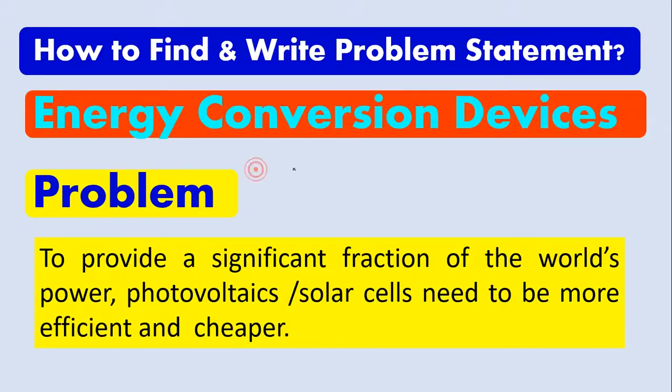Let's talk about how to find and write a problem statement. This is also called a gap or research gap. I explain in many videos that you need to do a literature survey, you need to study literature. From there you will find the gap, and that is the problem you are going to solve during your PhD or your master's, right? In today's video we will be particularly talking about energy conversion devices, which we call photovoltaics